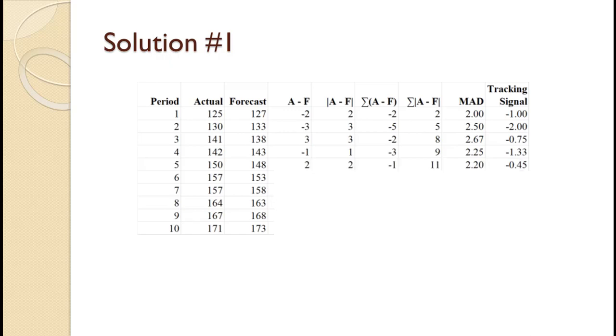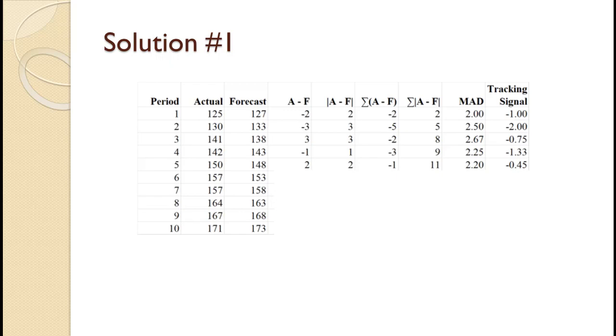For period 5, 150 minus 148 equals 2. The absolute value of 2 is 2. The cumulative A minus F is negative 3 plus 2 equals negative 1. The cumulative absolute value A minus F is 9 plus 2 equals 11. The MAD is the cumulative absolute value A minus F value of 11 divided by 5 equals 2.20. Finally, the tracking signal is the cumulative A minus F value of negative 1 divided by the MAD of 2.20